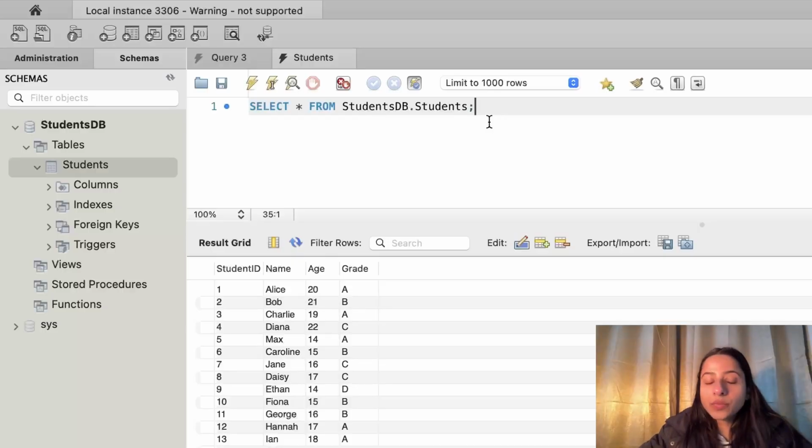Today we will dive into the SQL queries we explored in the last video. I will explain exactly how to structure them, what they mean, and how you can write them effectively. So let's get started. In the last video, I demonstrated some basic SQL queries on a table called students. Today, we will revisit those queries and break them down in detail. If you missed that video, you can still follow along as we are focusing purely on understanding the SQL queries